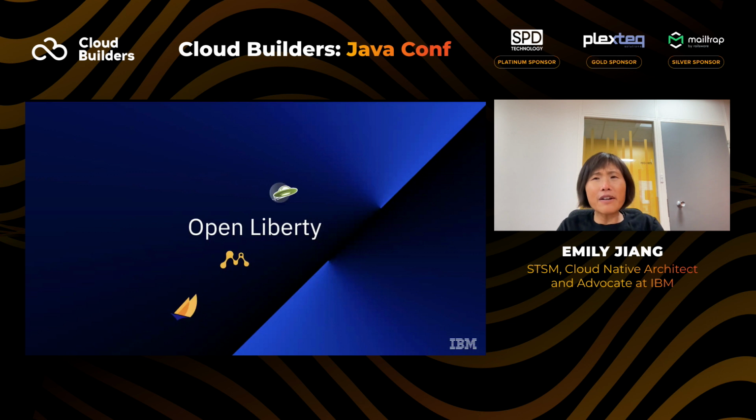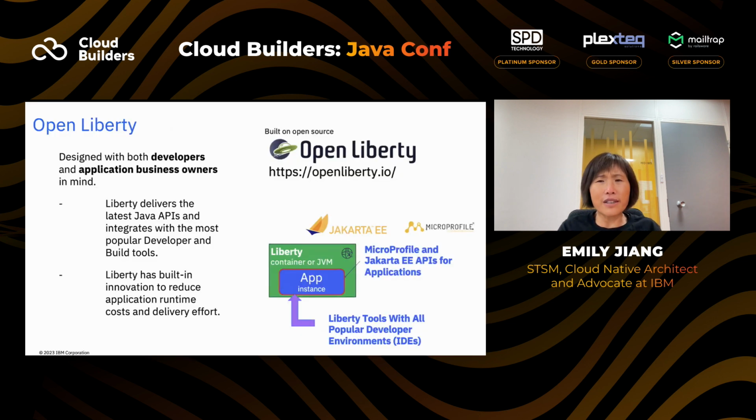So in the next part of the talk, I will talk to you about Open Liberty. Open Liberty is pure open source, so you can freely use it. MicroProfile and Jakarta EE just have APIs. They don't have implementations, so in order to use them you need an implementation. In this talk, we'll use Open Liberty to demonstrate the power of the standard, and how open source works together with the open standard.